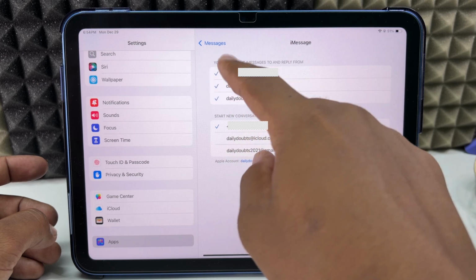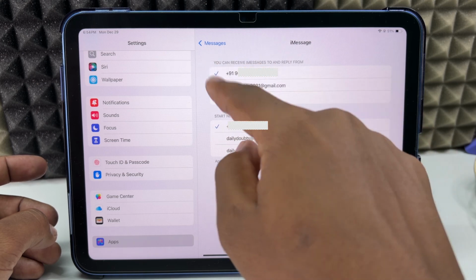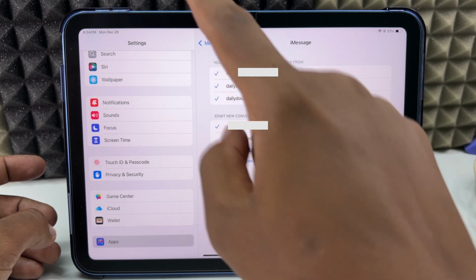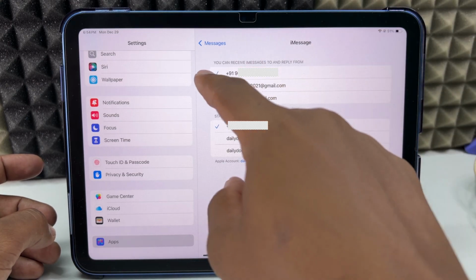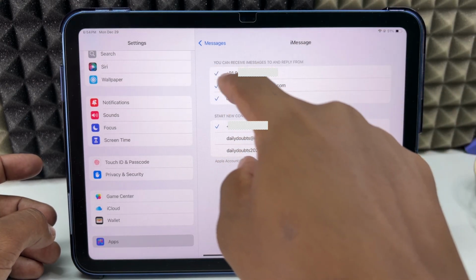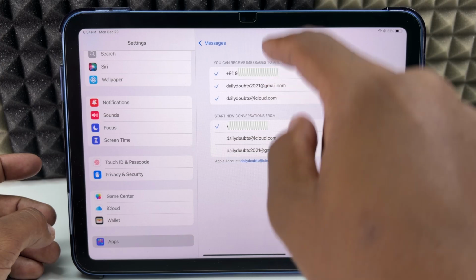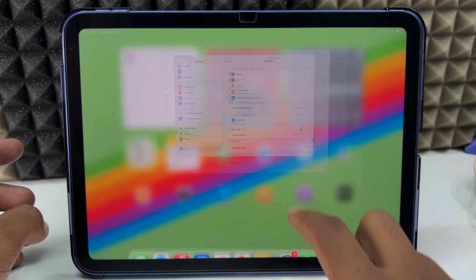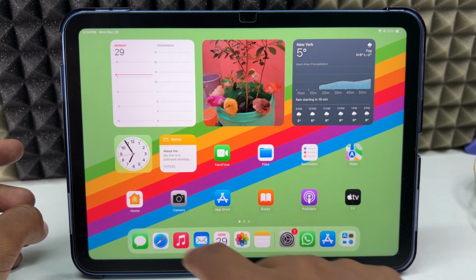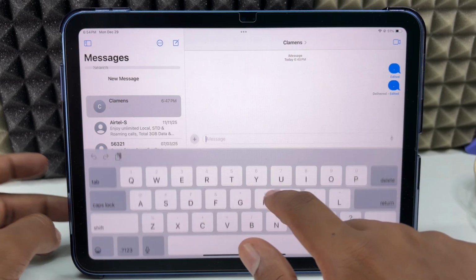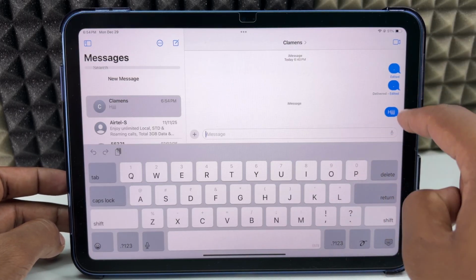You need to get verified with this tick mark like this. So this is a must-have option. You need to get this tick mark over your phone number. Now after you turn on that option, if you try to send an iMessage, it will send as